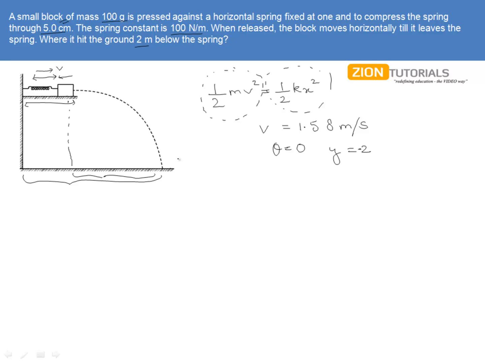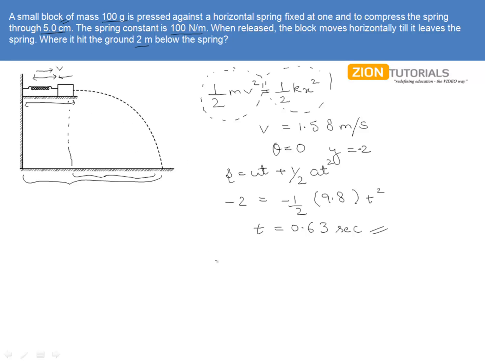the height. So in the equation s equal to ut plus half at square, the distance y is -2 and the other values as this into -9.8 t square, giving us a time of 0.63 seconds. So this is the time of flight actually, that is, this is the time when this will be in the